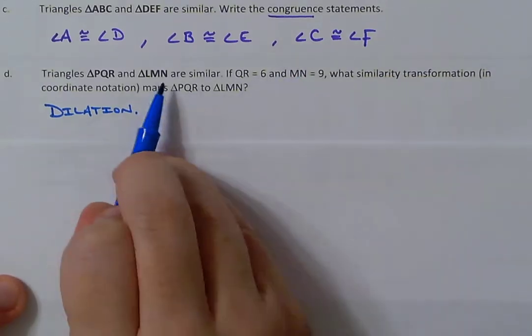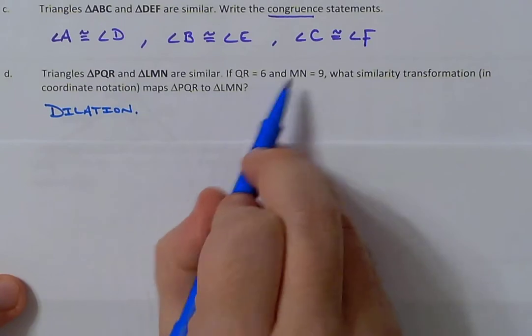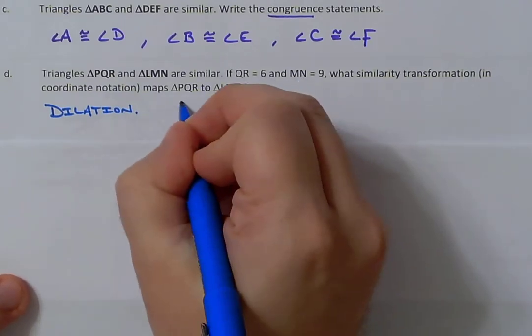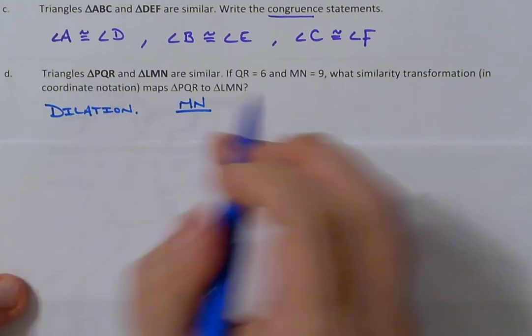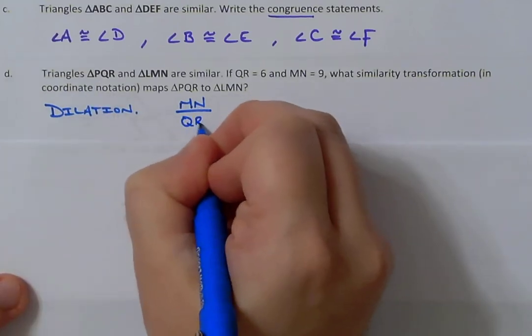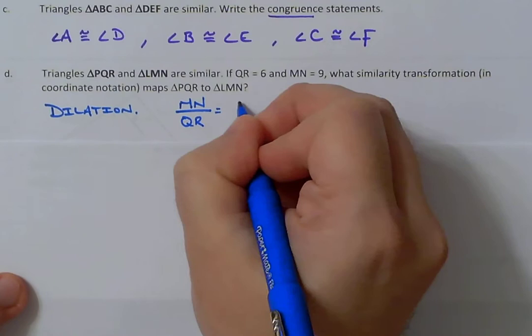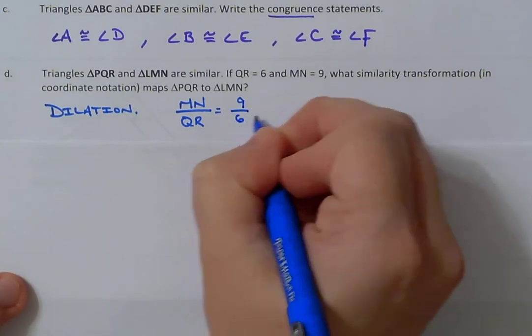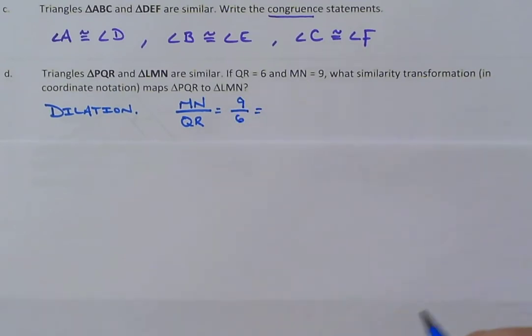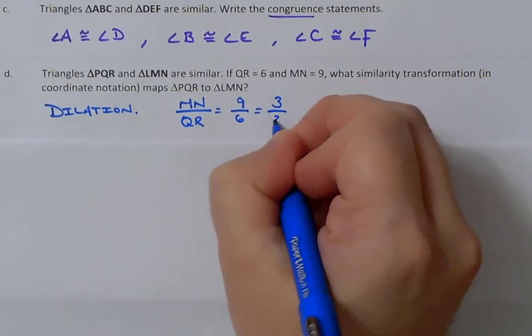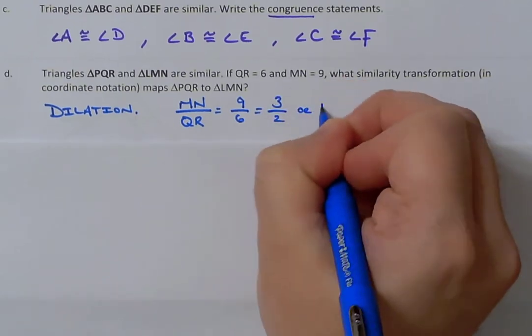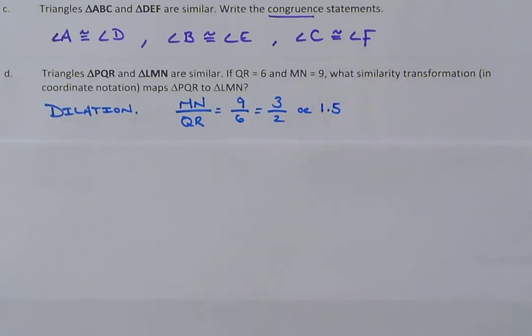So what we're going to do is take the second one, which is MN, over the original, which is QR. So we're going to have 9 over 6, which would simplify to 3 over 2, or 1.5. So now that I have my scale factor,